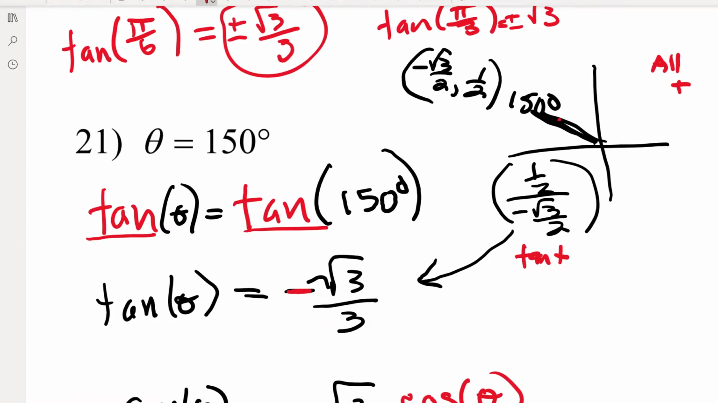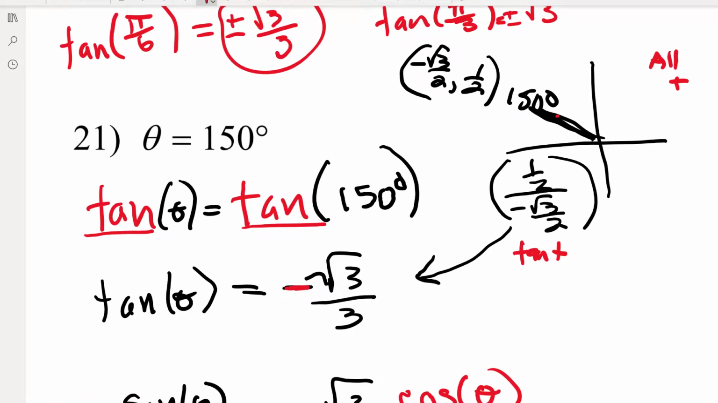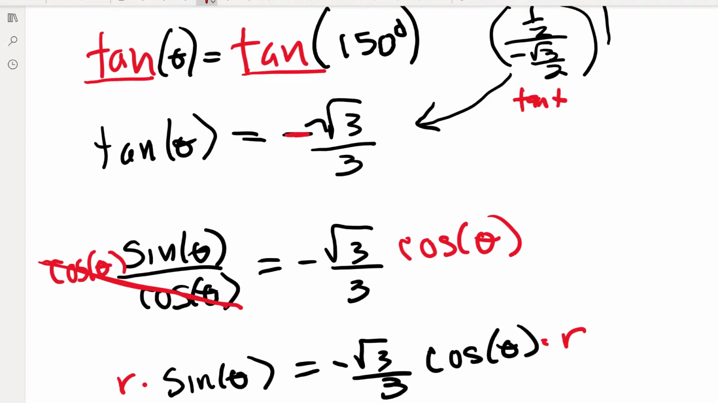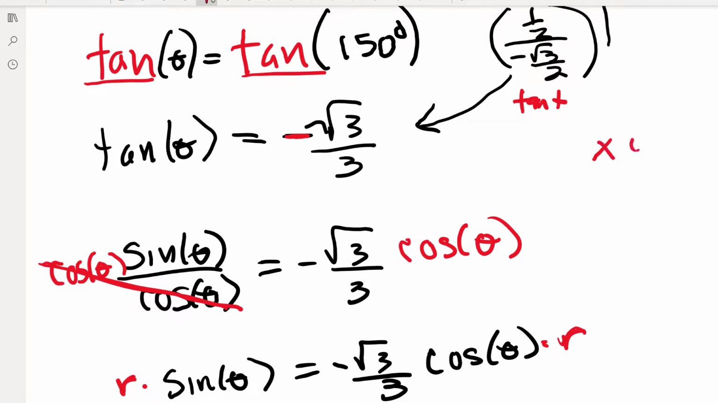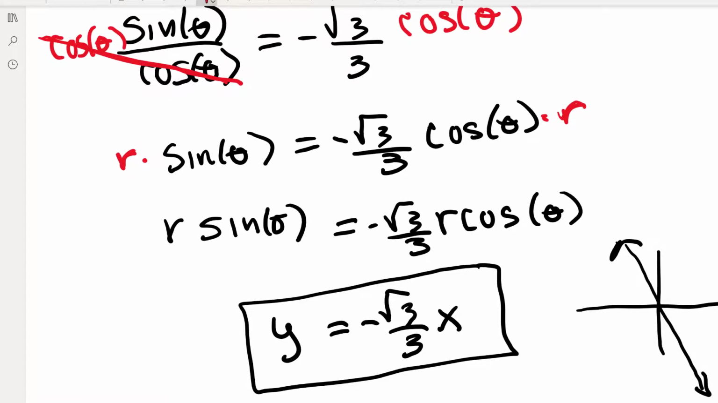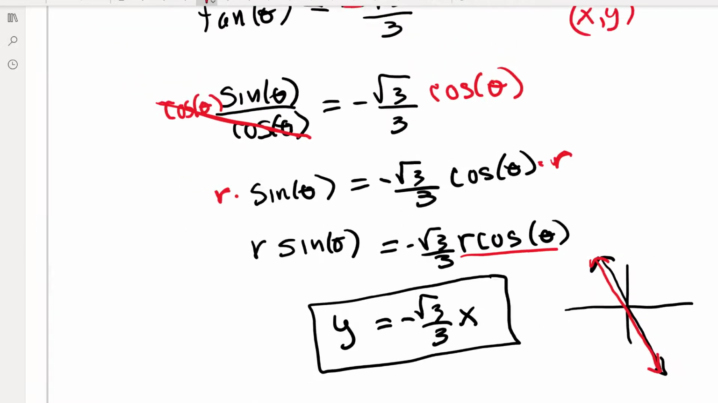All right, so now we're going to convert tangent to sine over cosine. And then to separate the sine and cosine, we're going to multiply both sides by cosine. And then we're going to multiply both sides by r. Because remember, the whole point is to get it back to x and y. So r sine, we can now convert to y. And then negative root 3 over 2, r cosine can be converted to x. And now you just have this negative line whose slope is negative root 3 over 3. All right, I think